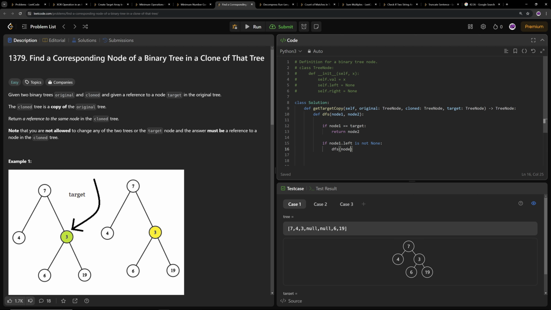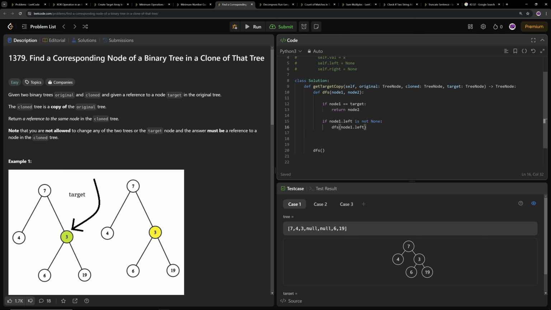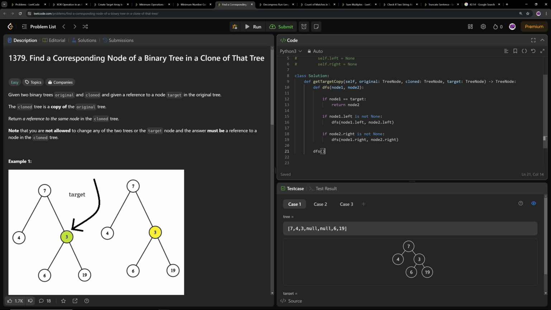And then node 1 dot left, node 2 dot left. If node 2 dot right is not none, DFS of node 1 dot right, and then node 2 dot right. Okay. And then we just return,